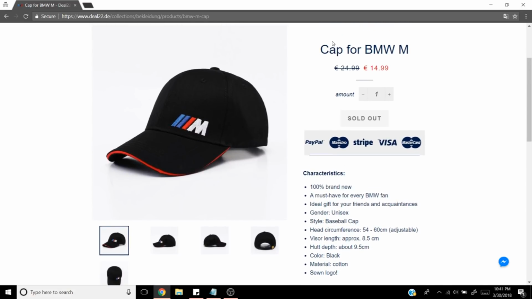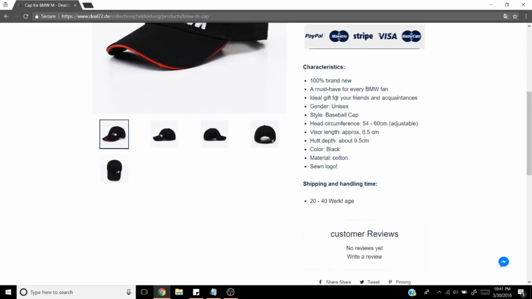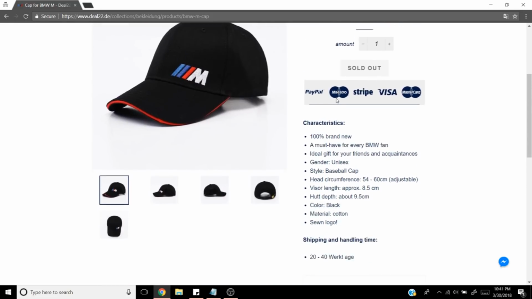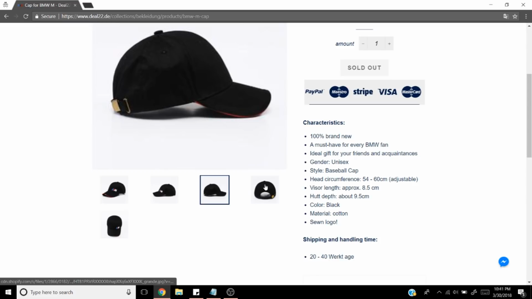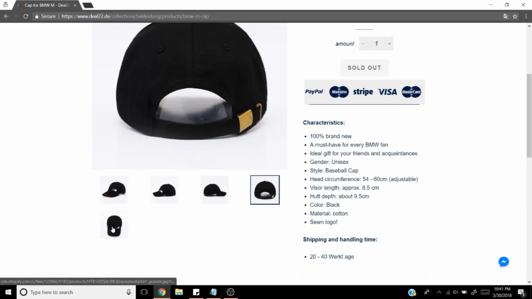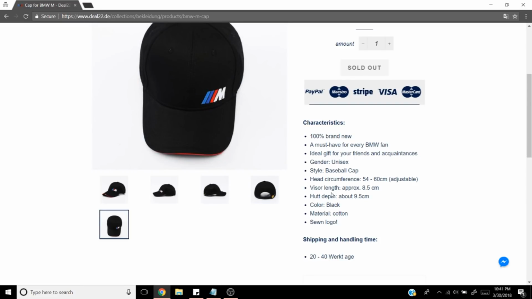So, what I can notice here is that the product pages look very, very clean. All of the pictures look nice. I don't think these are all gotten from AliExpress. This might be print on demand. And yeah, like I said, it is very sketchy as far as using the BMW logo.